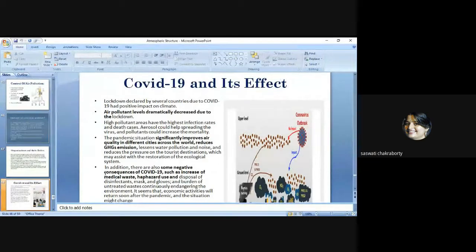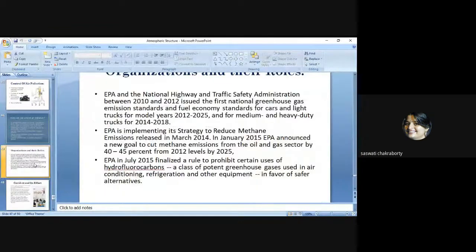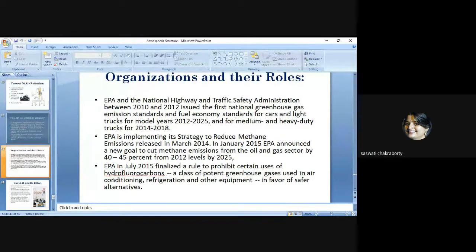Now, this is something recent: COVID-19 and its effect on air pollution. Before going to this, I just want to ask you, what do you think, did the COVID lockdown have any effect on pollution? Yes, ma'am, it definitely has an effect. What effect, if any? We are just discussing. Basically, at the starting of COVID, there is an observed